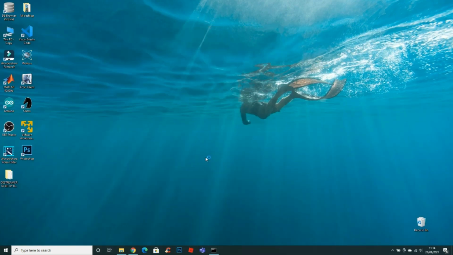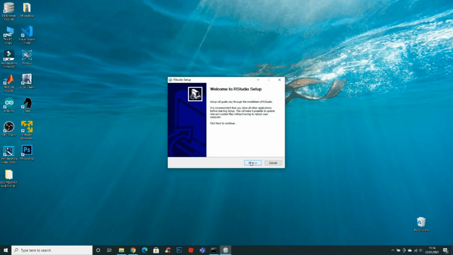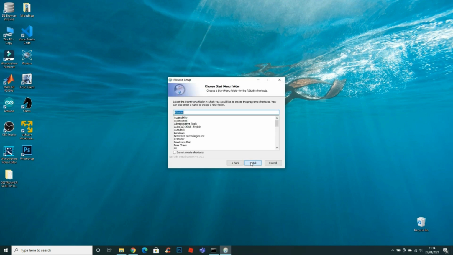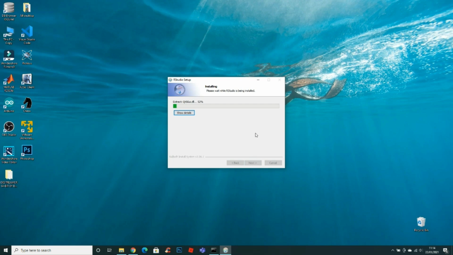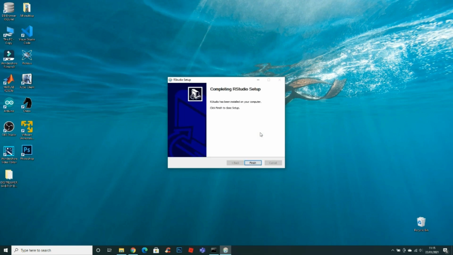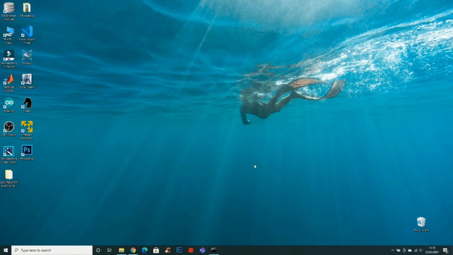Select yes and keep going next. Click install and setup will start installing. Now click finish. Here I didn't create a desktop icon for this,